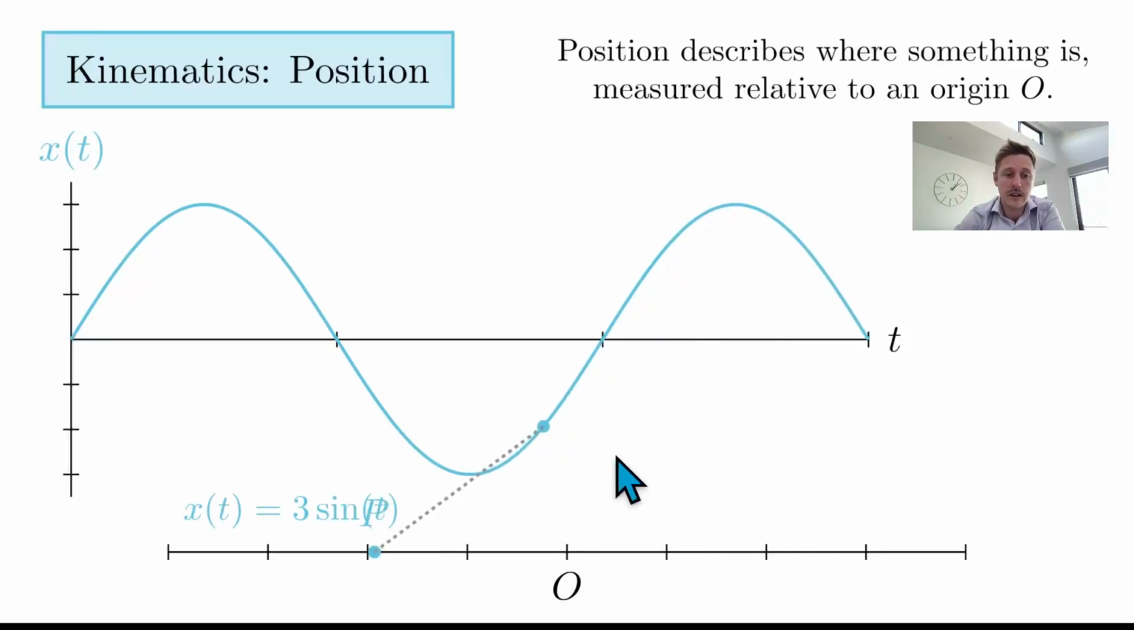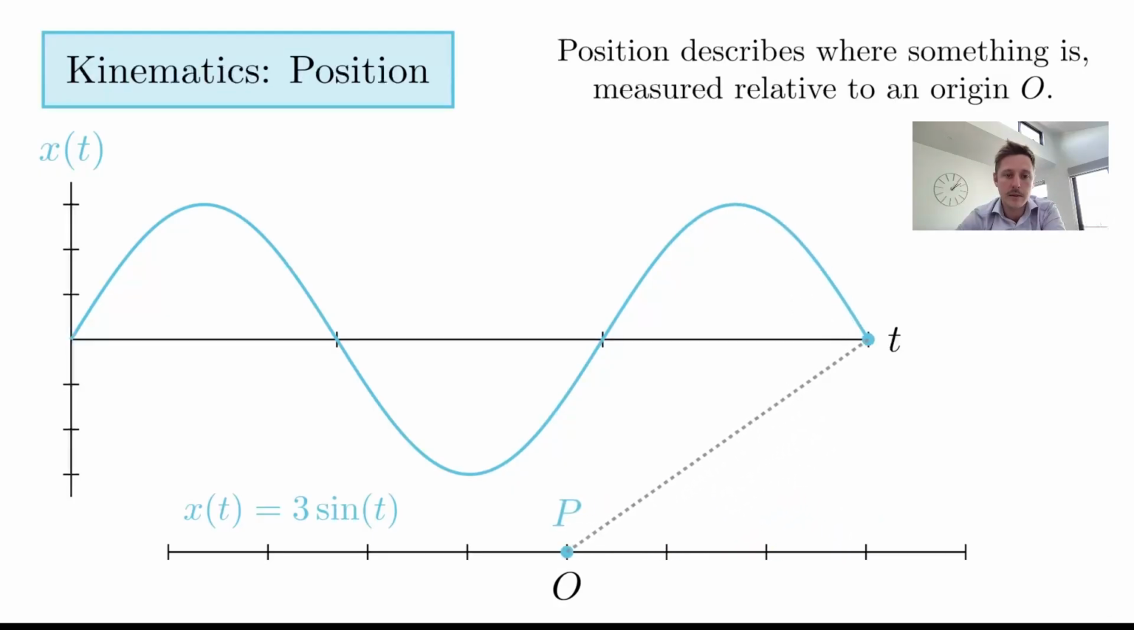Just be mindful that you can have negative position values, right? Because if we define to the right as being positive, then -3 would be to the left. So that would be down here, right? So all of these quantities that we're going to be talking about can have positive and negative values. And what we'll talk about next is the